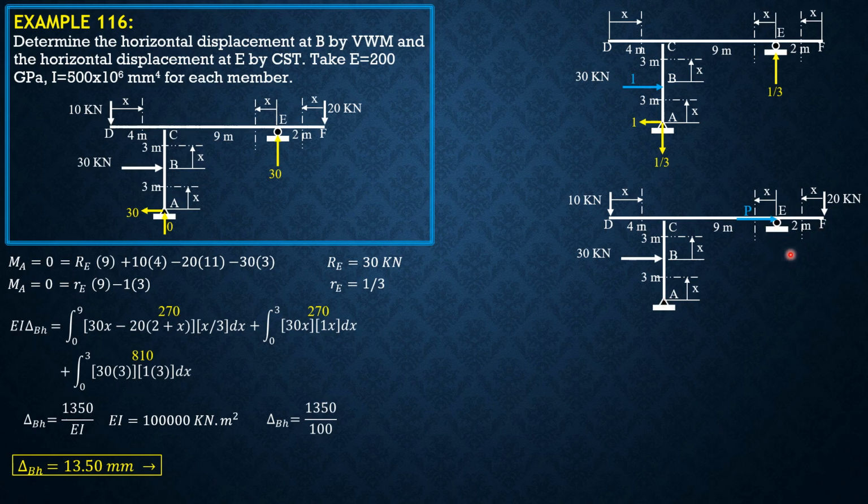So if we sum up moment about A, reaction at E times 9 equals P times 6, or minus P times 6. So therefore, the vertical reaction at E due to the contribution of P is 30 plus 2/3 of P. 2/3 of P is P times 6 divided by 9. So 2/3 of P. Then summation forces X, this is P plus 30, 30 plus P, so P plus 30